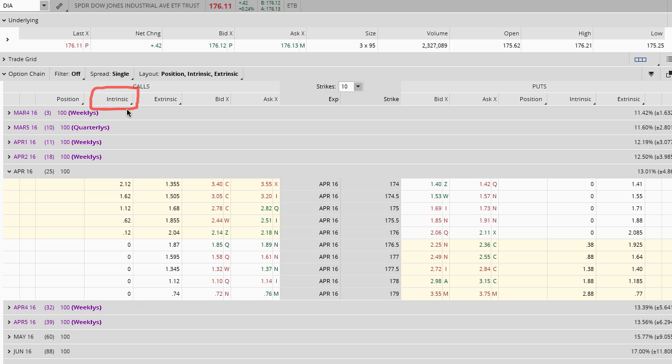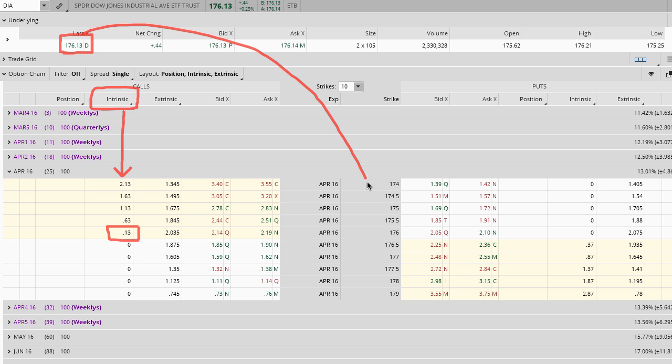Intrinsic value is the value if expiration were to come today, meaning how much money could you make owning these options if expiration came today and you had no choice but to buy and sell the stock as required by the option contract. In this case, you look at something like the 176 call options, and you can see that the intrinsic value is basically the difference between the current stock price and the strike price. That's 176. So the current stock price is 176.13. If the market were to end today and expiration were to come today, we could theoretically buy stock at 176, sell it back at 176.12 or 176.13, and that's where we come up with our intrinsic value of 12 cents